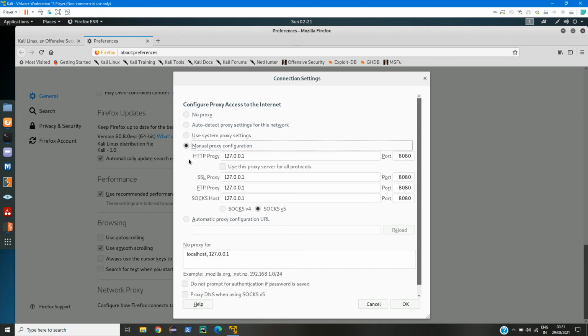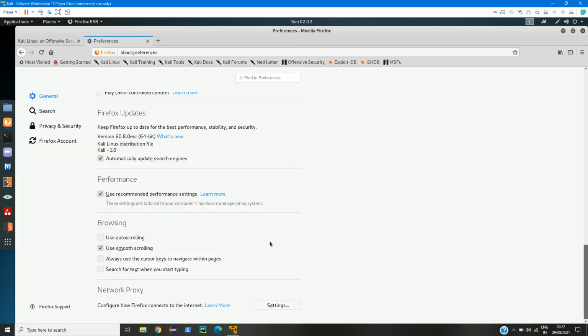So here we will set up the manual proxy configuration, and I have the localhost by default. For you also it must be this only, and here we can either use some other port or let it be the same port. And here just check that the SOCKS host is SOCKS version 5. Now click on OK.